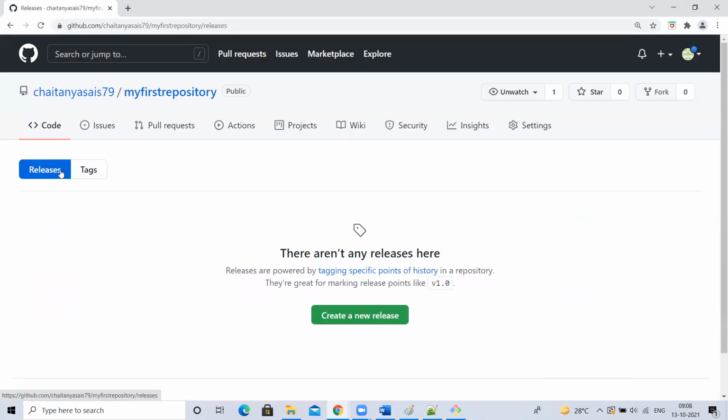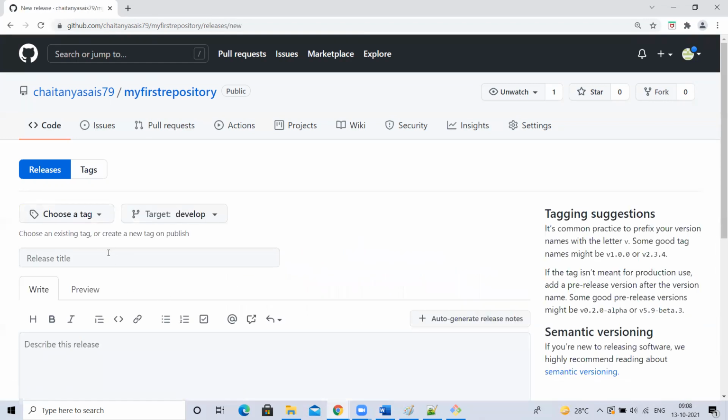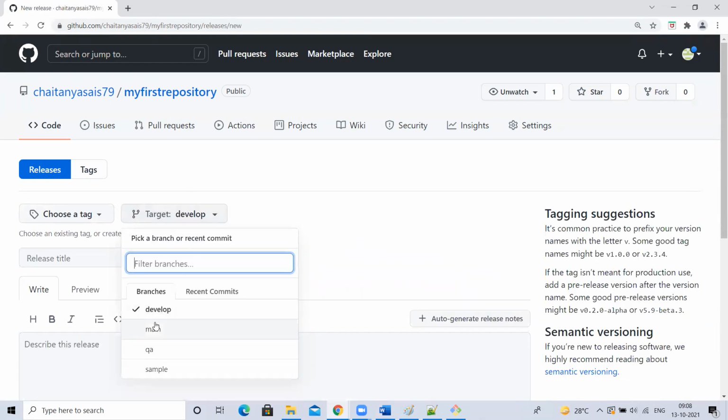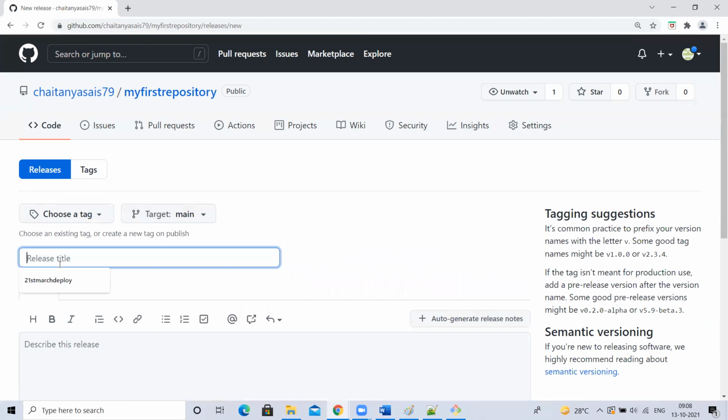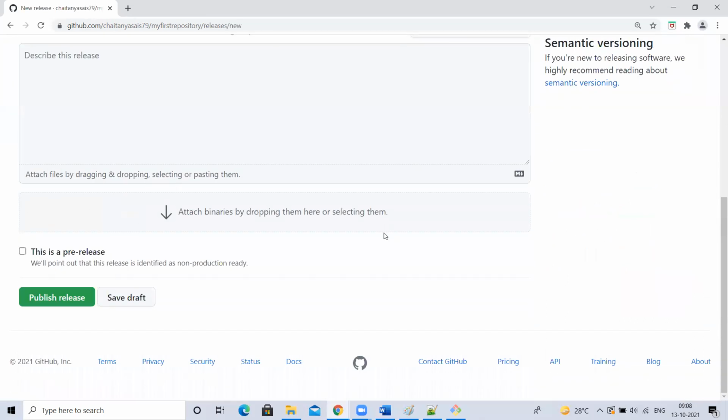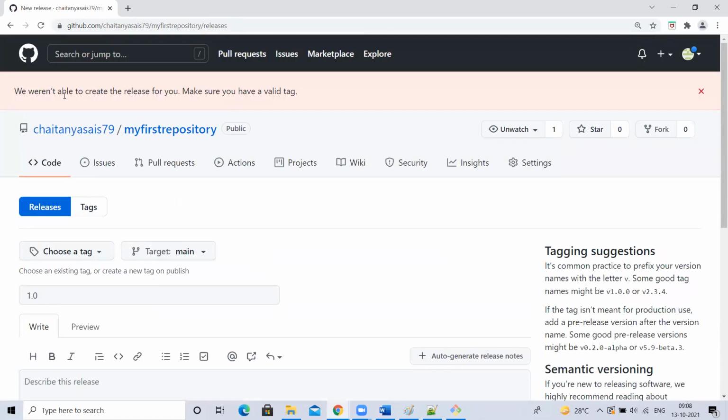We can go here, create a new release, mention which branch you want to take a backup of. I want to take for main branch. Give it as 1.0 version, and publish it. Okay, we weren't able to create it for you. Make sure you have a valid tag.